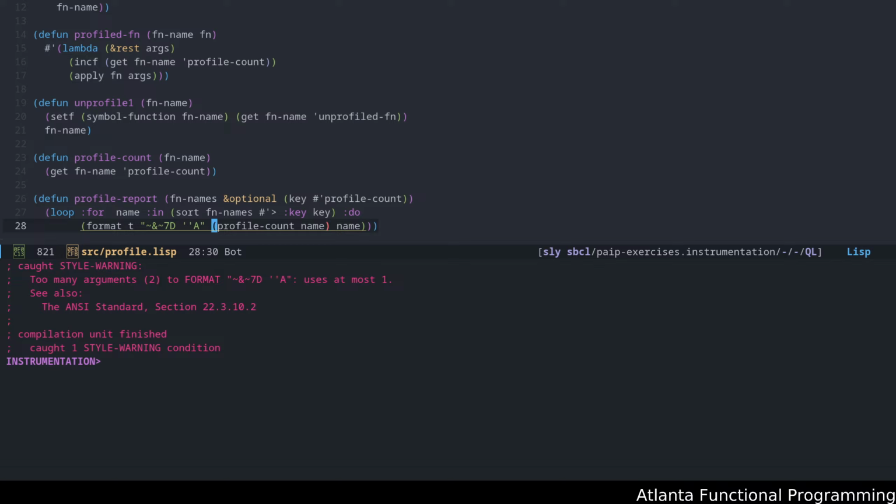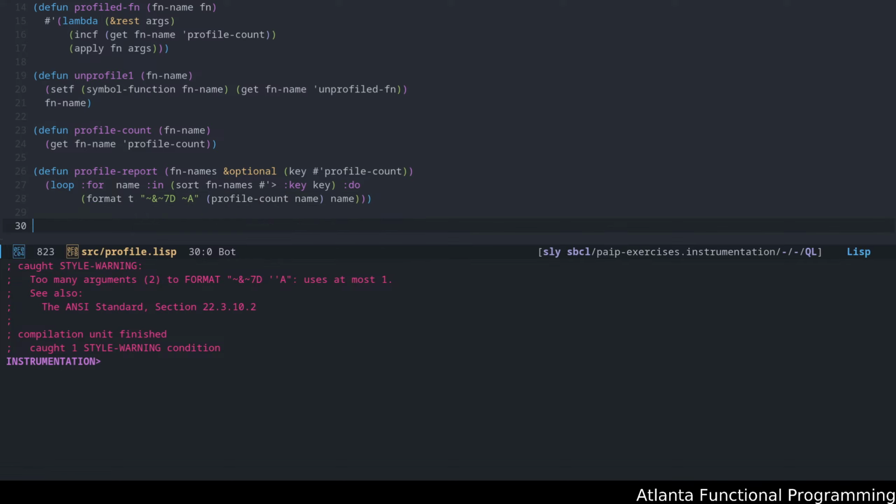I have to actually provide tilde like that. There we go. Okay, that's a formatting error in the book that I wrote down. So my apologies.